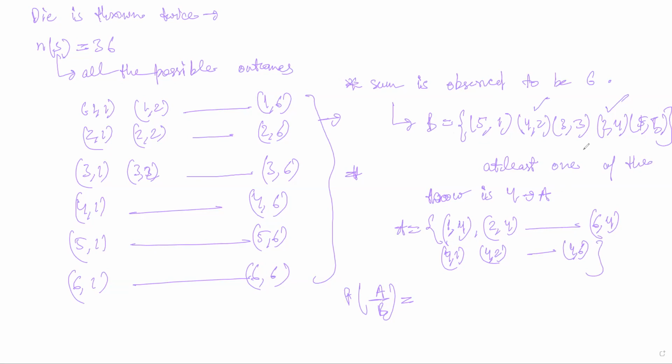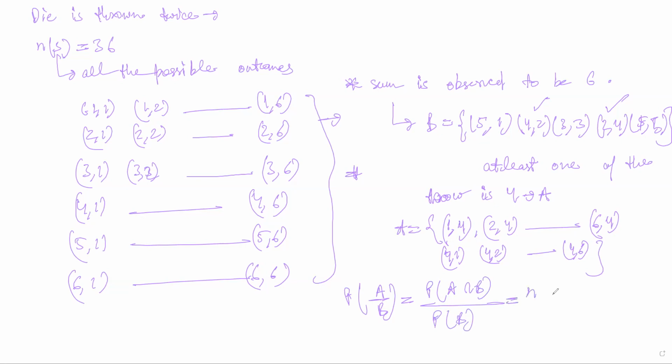Obviously, both throws can't be 4, because in that case the sum will be 8, right? So there are only two possible elements, which also represent A intersection B. If you take A and B and find the common elements, there will be only two: 4 2 and 2 4. So we write this as probability of A intersection B divided by probability of B,